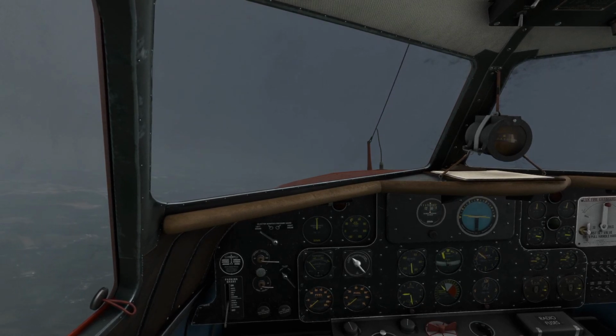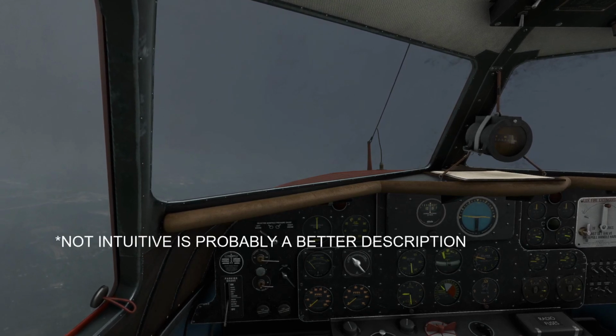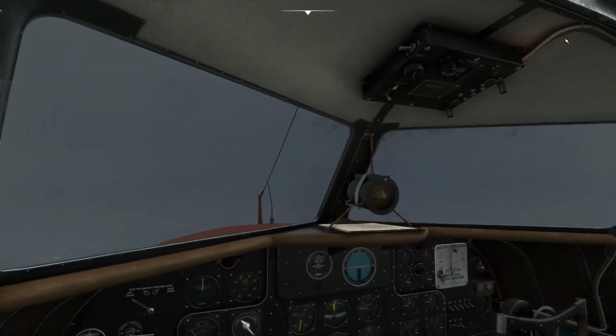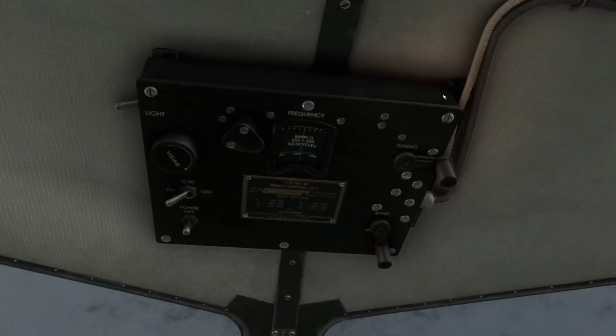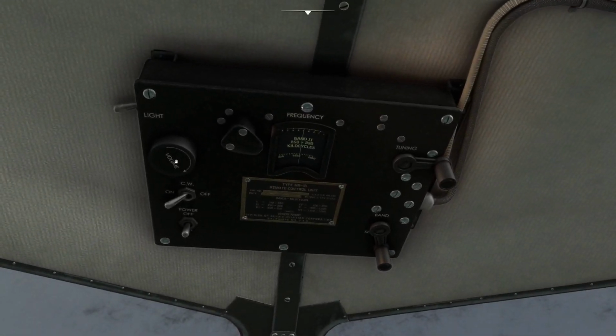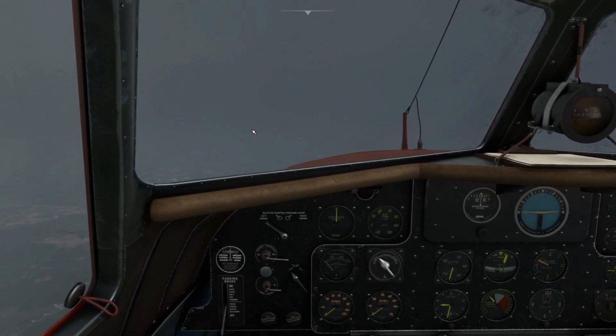And that tells us, hey, we're south of that line. It is imperfect. There's a reason they came up with some of these other nav aids. So you have your box up here. I have a custom view bound to this. And then, I like to hit the power off. You can also turn the volume down if it's getting annoying. But we'll check in on that a little bit, as long as the beam's kind of,